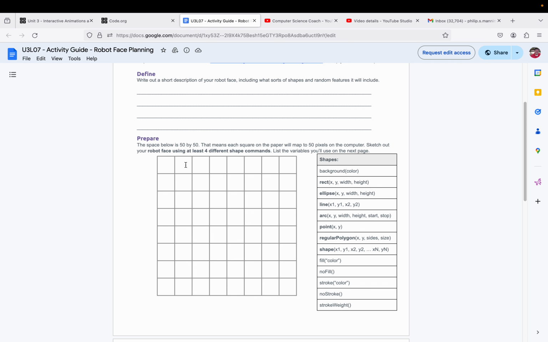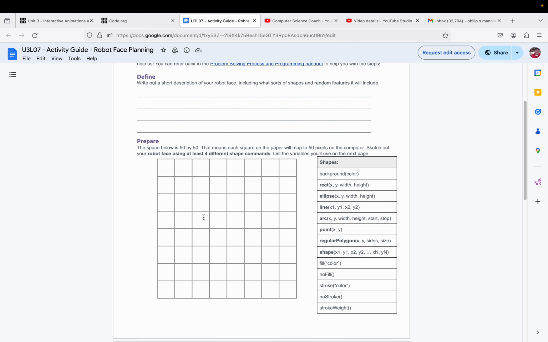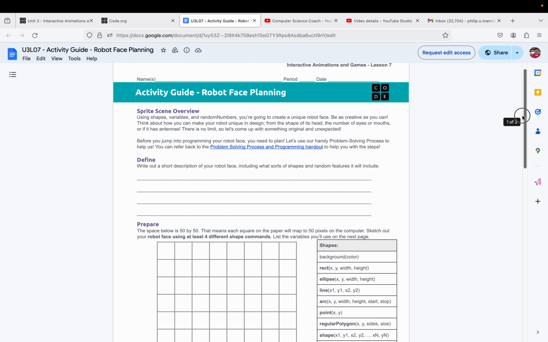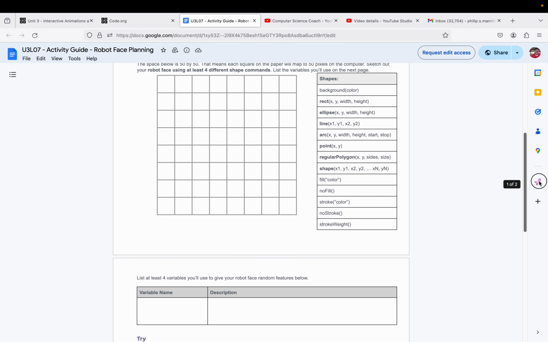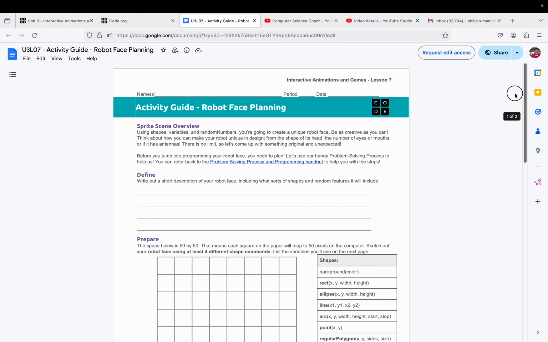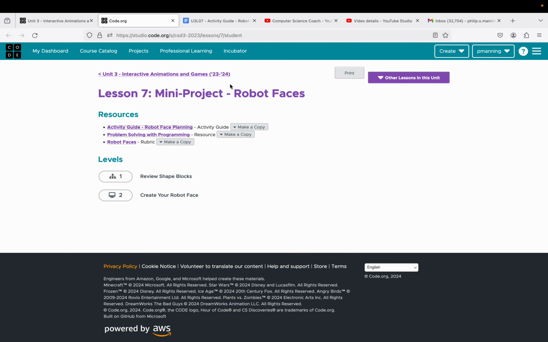I'm not in class today, so for my students, I can't do that. I do apologize. But some people find it helpful, obviously, to use this grid to sketch it out. You could obviously just make a copy of it and edit it here and still do a digital sketch. But I do find this helpful, and it shows you some of the different shapes you have the option to do. If I go back and look at the Robot Faces rubric,